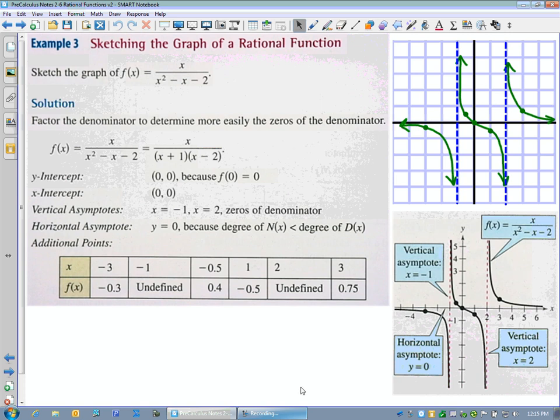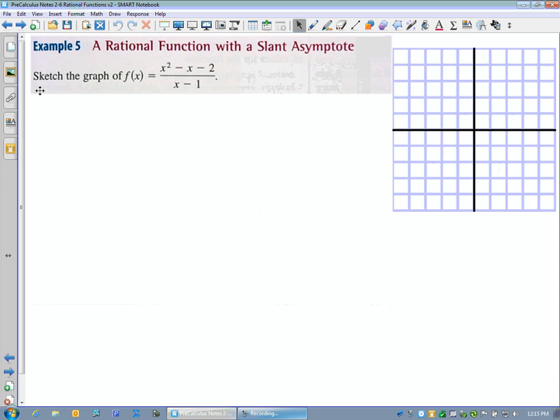And we see that our graphs match. All right, let's look at one more example that has an oblique asymptote. Looking at this example, this function has a second-degree polynomial on the top and a first-degree polynomial on the bottom. Notice how it's not going to have a horizontal asymptote because the degree on the top is larger, but it is going to have a slant asymptote or oblique asymptote because the numerator is exactly one more